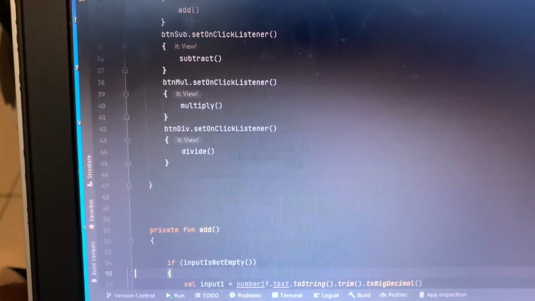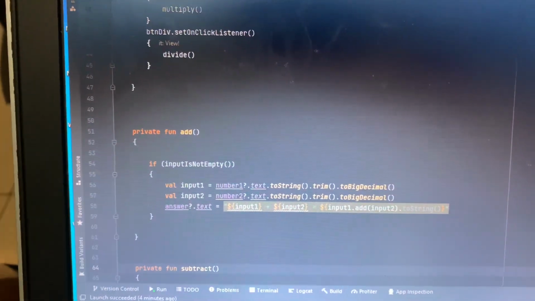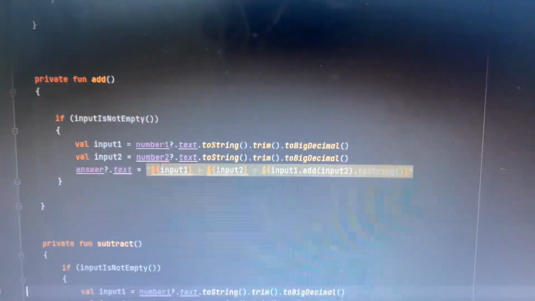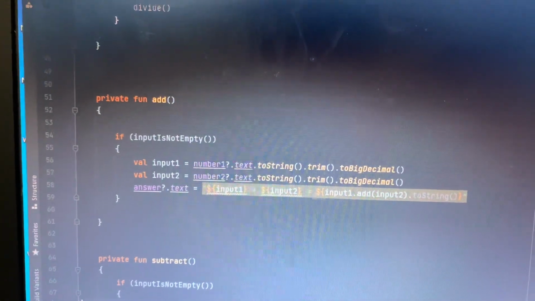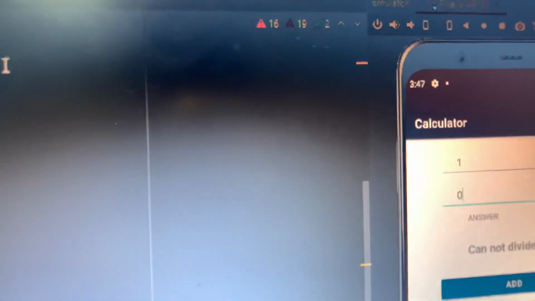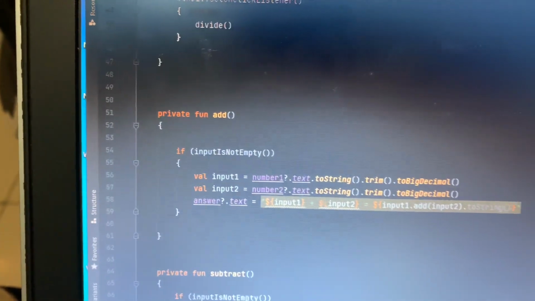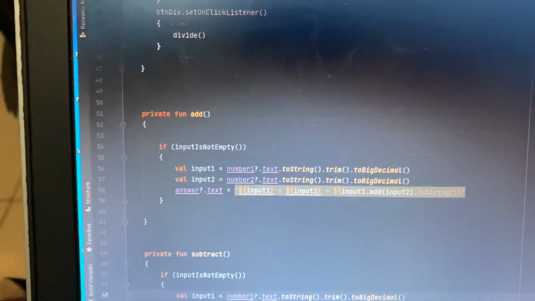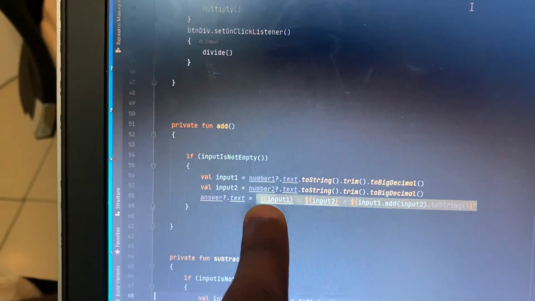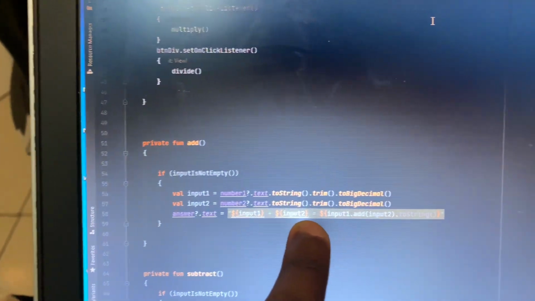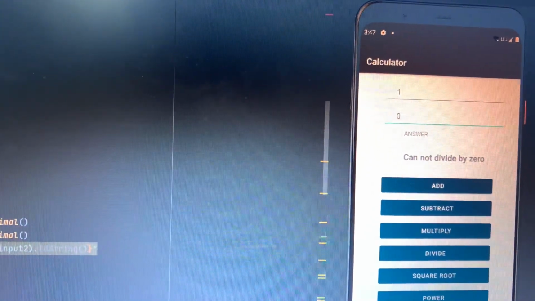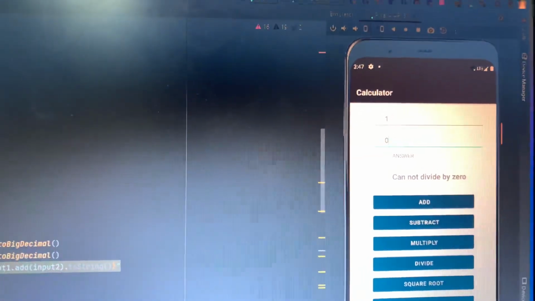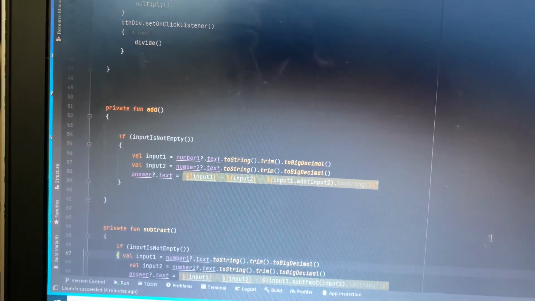if I scroll to the bottom here, I declared some private functions for the add. That is basically this right here, to store the number that you get from this one into the variable, as for the second one, and then the answer is displayed here with these dollar signs to show that you are adding 2 numbers by each other and equals to the answer, if that makes any sense. So yeah, after that,